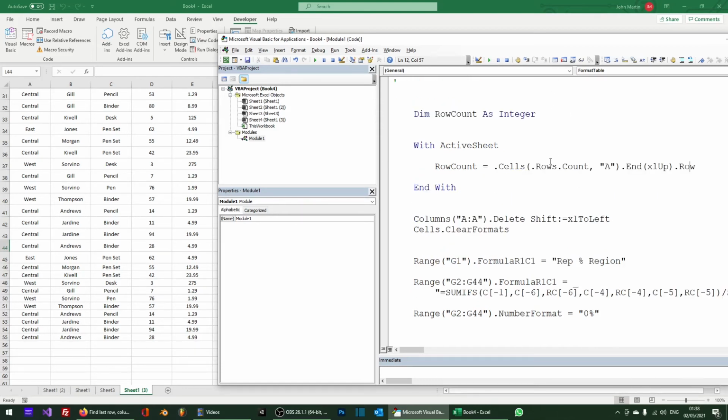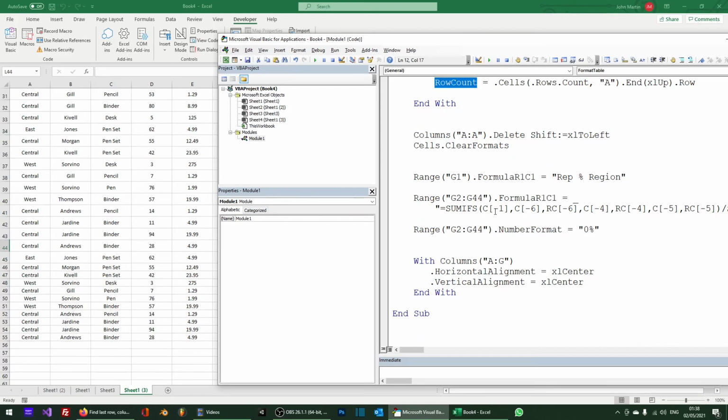So now, if we take this variable and see these references in here right now to row 44, we're going to delete that out, and then I'm going to put in my row count variable for both of these. So now,